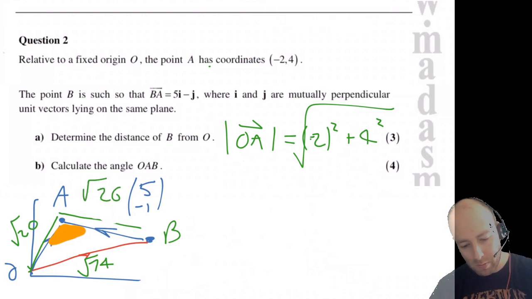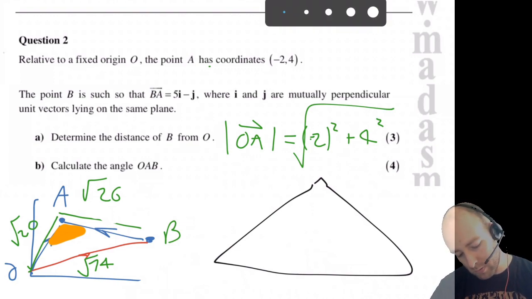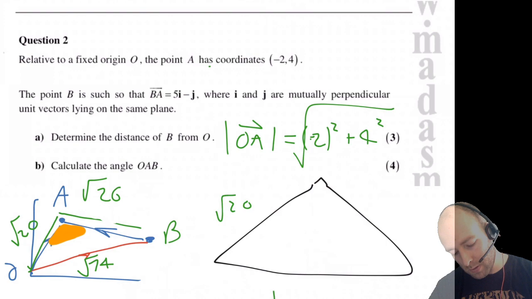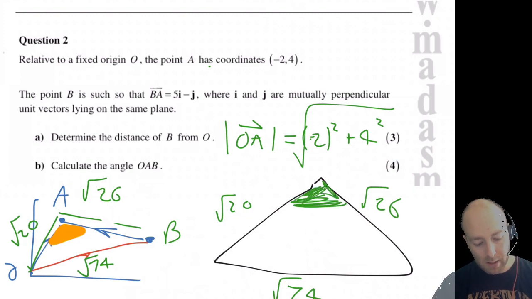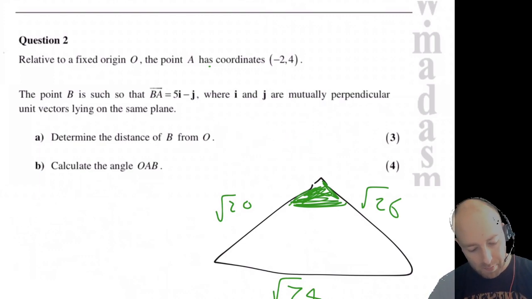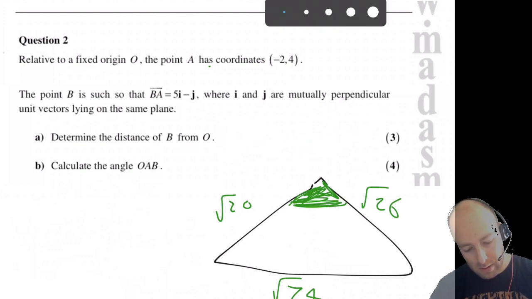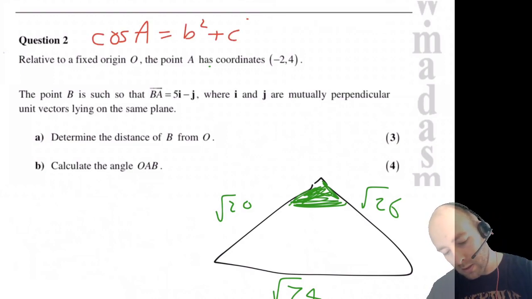Okay, so to summarize what we've got in this triangle: root 20, root 74, root 26. We want to try and find this angle here. So it's going to be a case of the cosine rule. And remember, the cosine rule says cos of A is b squared plus c squared minus 2bc over,